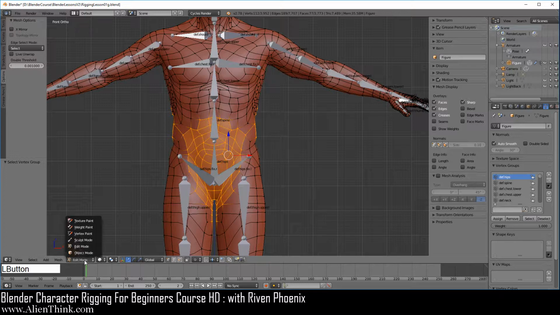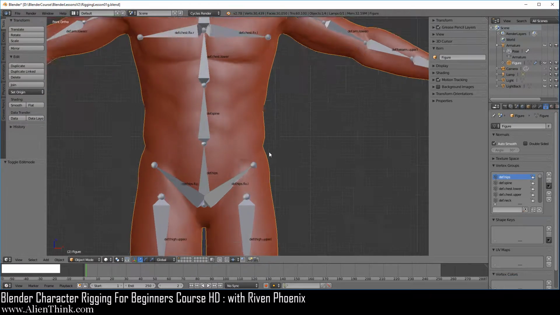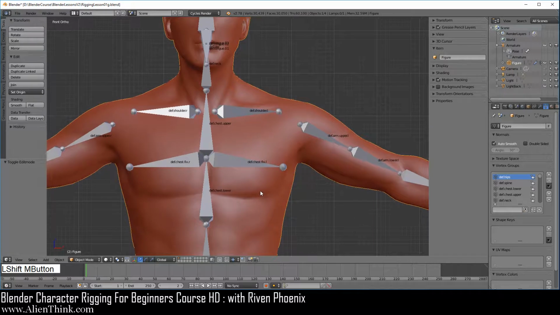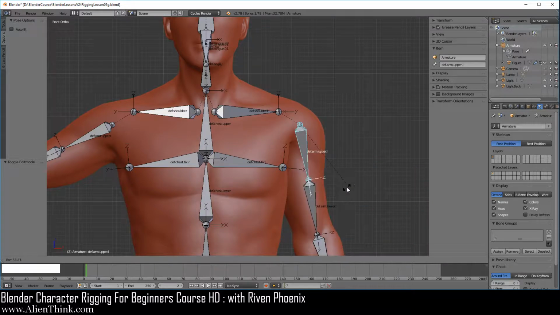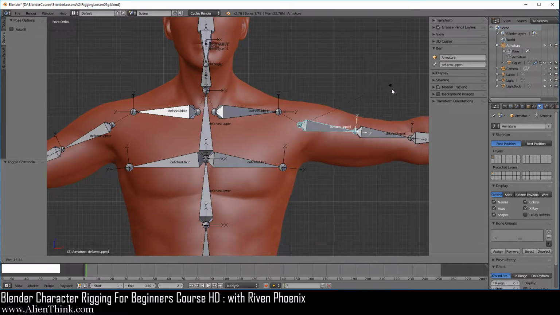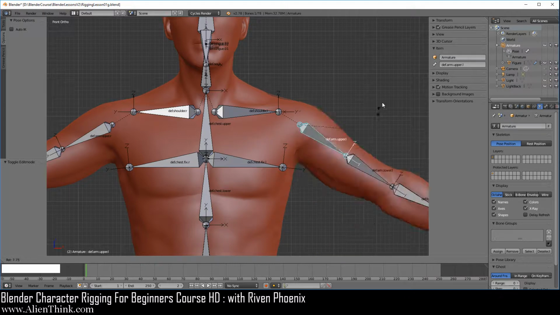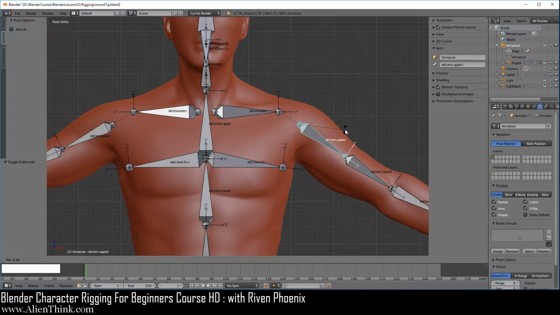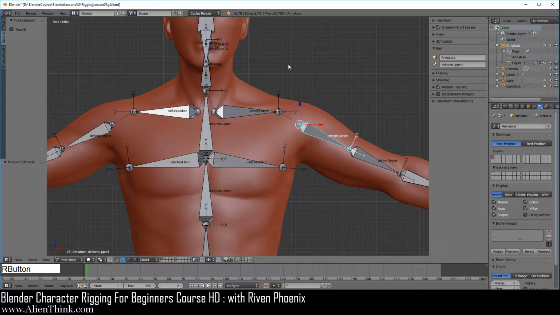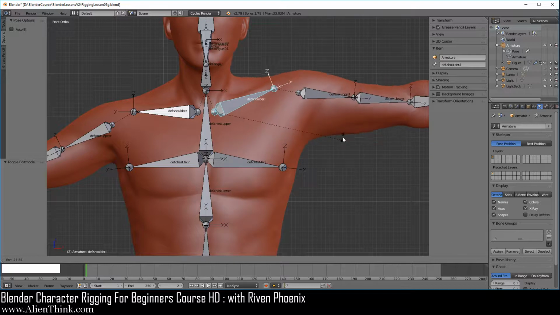So this means that if we switch to object mode over here, zoom in, shift middle mouse button, and now click on this arm bone over here and press the R key to rotate, you will see that the figure is starting to get realistic human figure movements, right? So Blender figured this out for us automatically. We're going to right click to cancel this. If we now click on the shoulder and press the R key, you can see that we can move the shoulder up.